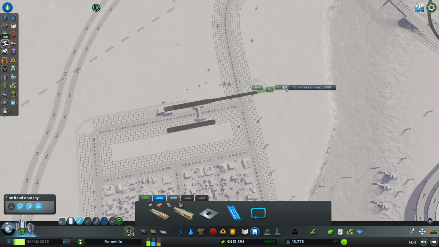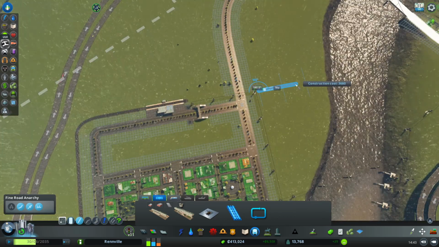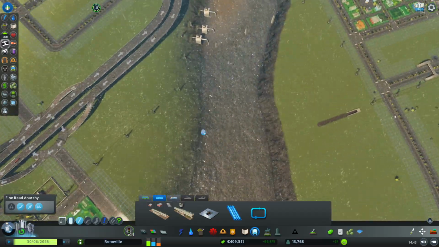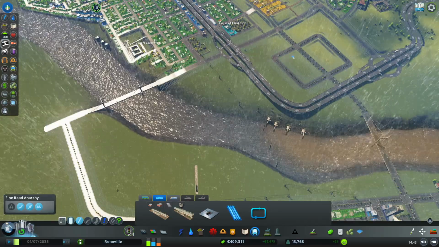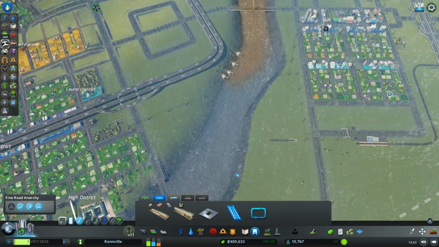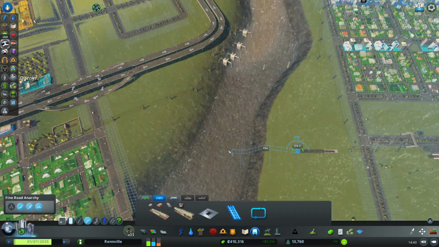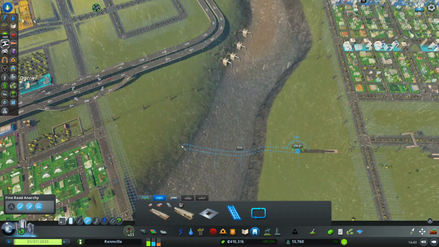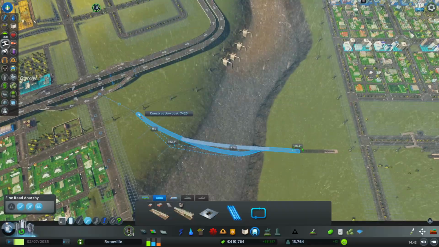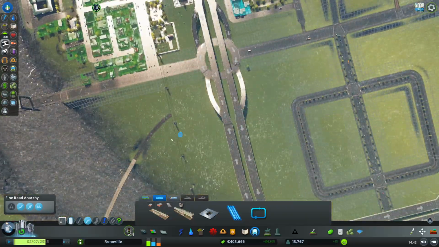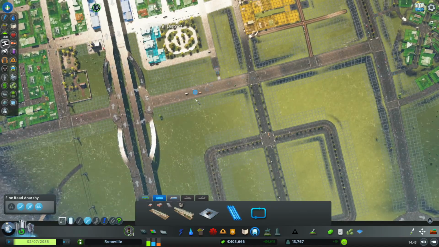Then we want to bring it above ground, so we'll just go page up, and you can see that it's now at ground level, so it comes up. Then we kind of want to curve it around over to that side, so we can do that with the curve tool. Kind of like that. And then we want to bring it underground, and we want to have a metro station